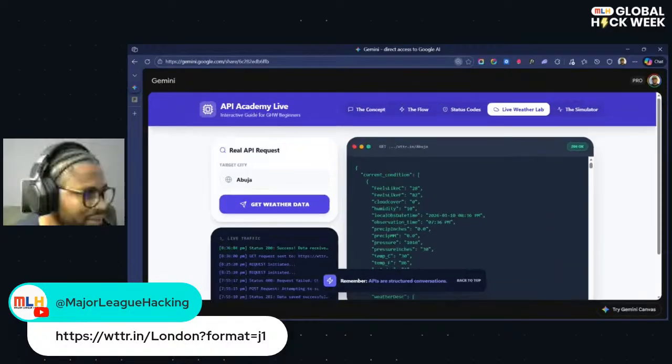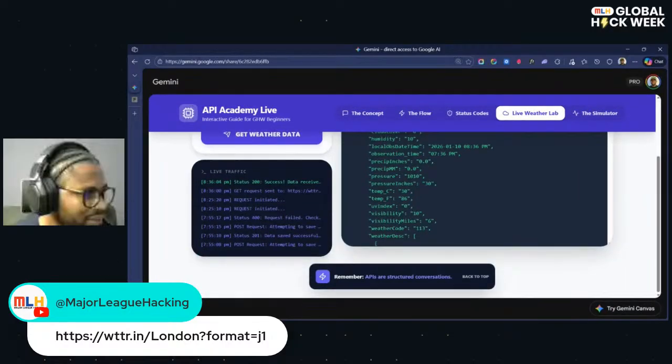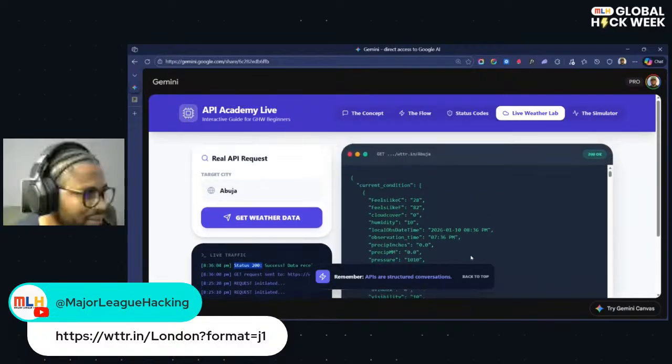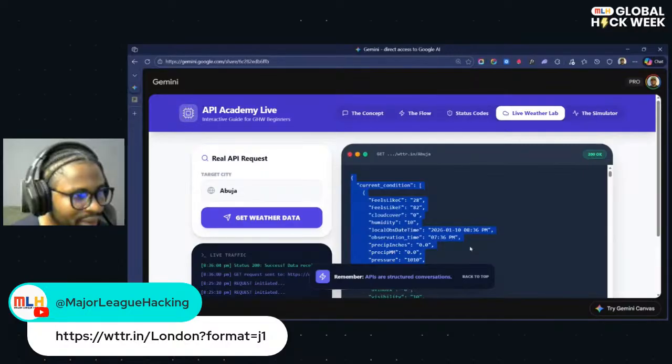If you take a look at the screen, it returns status 200, which simply means it was successful. That means it's okay, and then it returns the data for us. This is the language that APIs communicate in, something we call JSON, JavaScript Object Notation. This is how APIs communicate with one another using a generally agreed language called JSON.